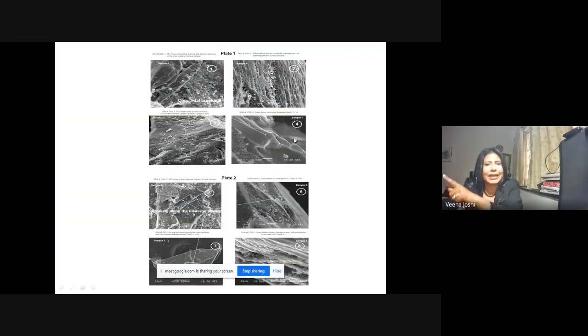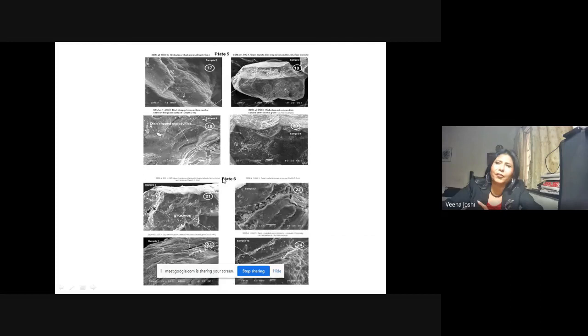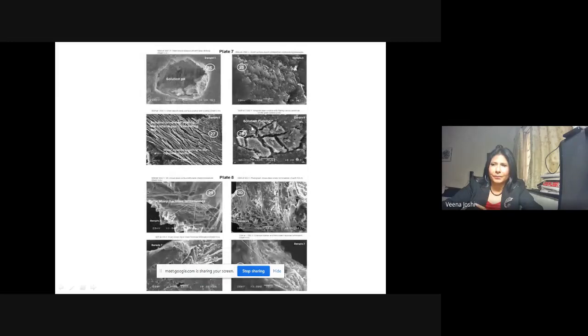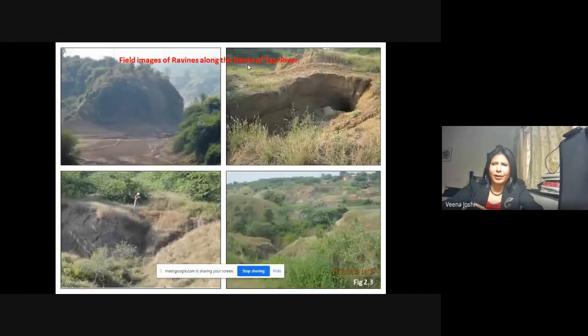These are scanning electron microscope images of micro elements. One sand grain has been enlarged 1000 times. And not even sand grains, they are microscopic grains. And the features which are documented on it. So see how I numbered them. I have called them plate number. Plate number 1, photo number 1, 2, 3, 4. See, I used plate number, and figure